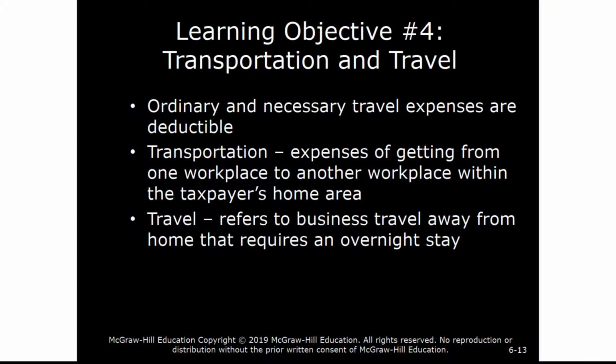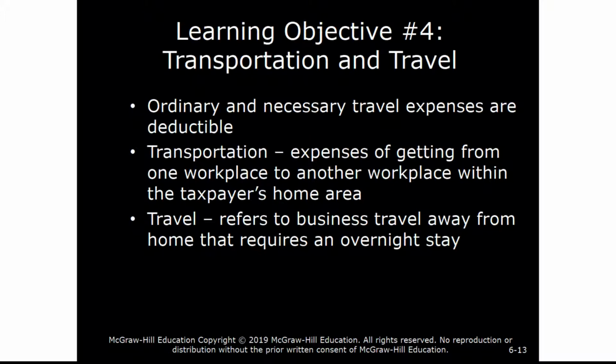Another kind of business expense is transportation and travel. These have to be, again, ordinary and necessary expenses. They are deductible. Generally, travel involves a stay overnight that relates to the business trip. That's different than commuting. Commuting is driving, for example, from one workplace to another. In some cases, there may be a deduction there. An employee can never take a deduction for commuting costs that are from the home to work. That's not deductible. But that's what we mean by commuting.